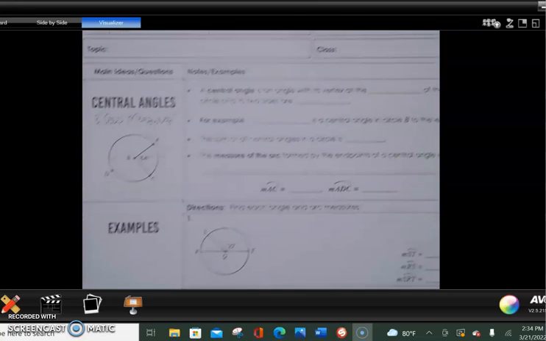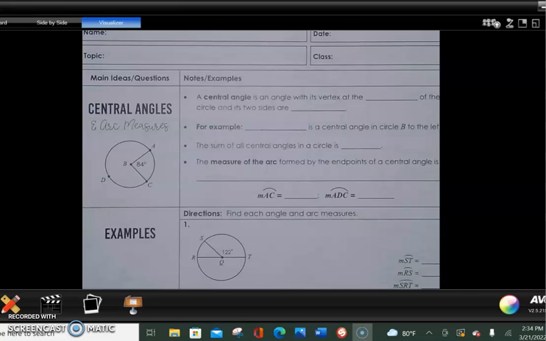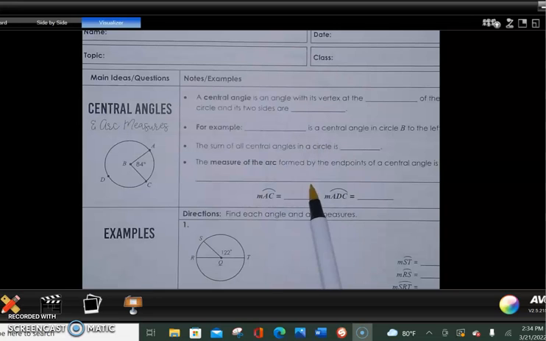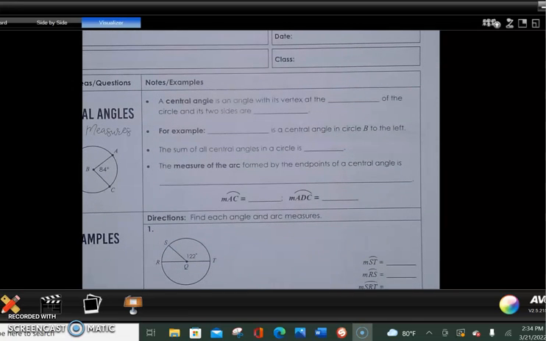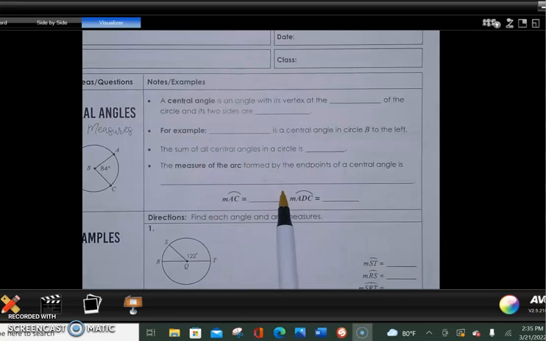Okay guys, in this video, I'm trying to see if I can get this done in a reasonable amount of time. All right, I got my calculator. I want to say in class, we went ahead and filled out the top part. I want to say we did. So I'm going to kind of skip this. If we didn't, then we'll get in class and go over it because I don't remember the answers off the